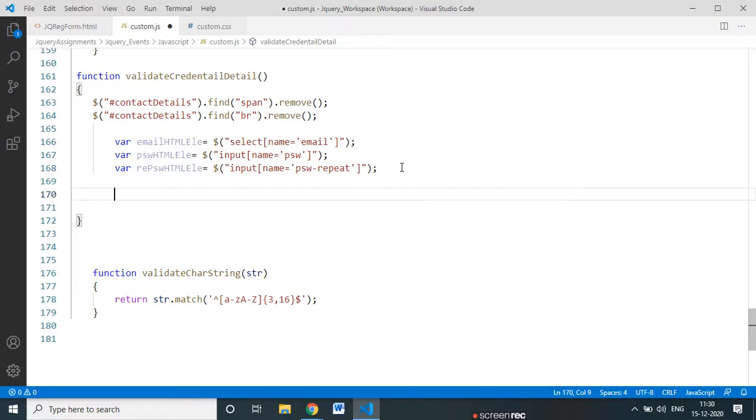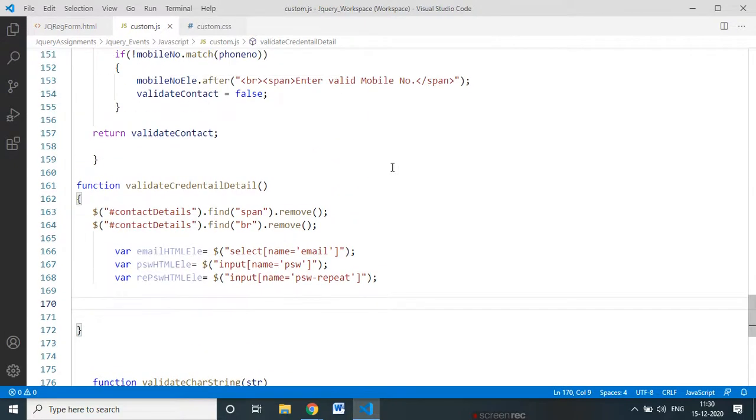Now after that, first thing we need to do is take one variable like validate credential. And the email type is also name input. Sorry, email type.